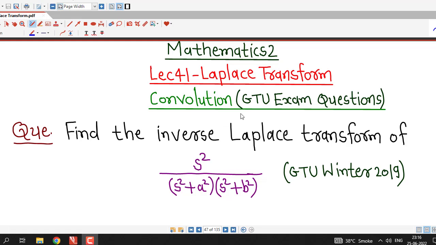Hello friends, I welcome you in lecture number 41 on Laplace transform. In this lecture also we will discuss two questions which were asked in GTU exam on finding inverse Laplace transform